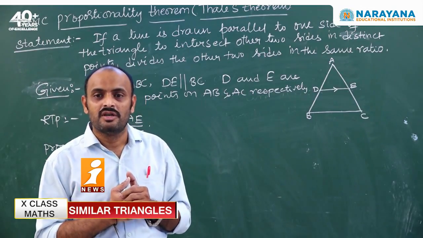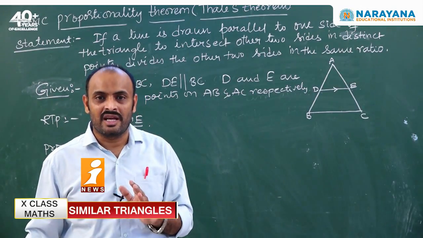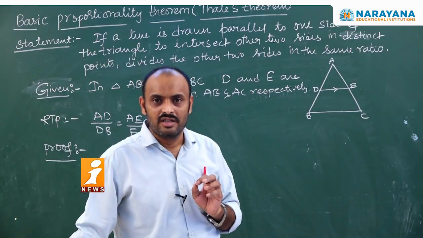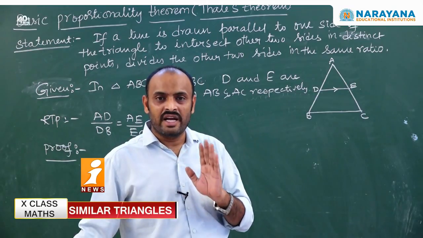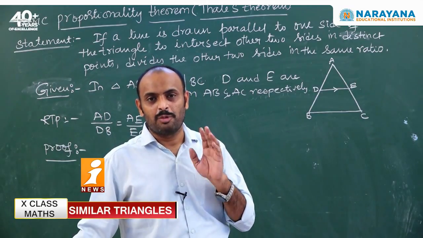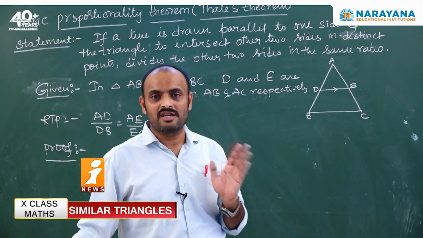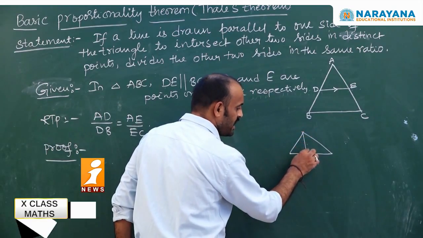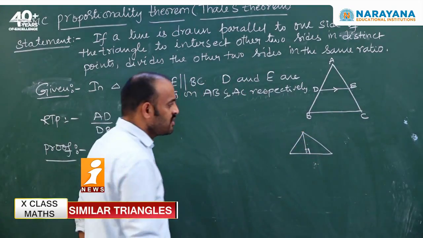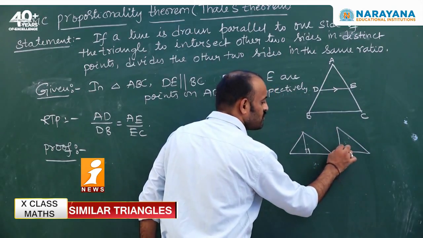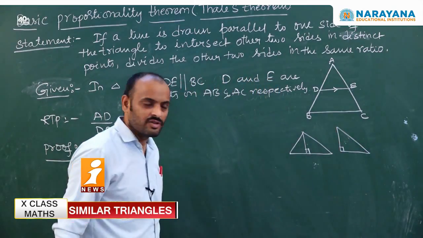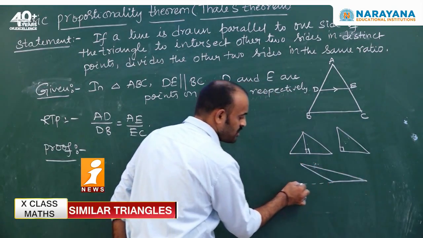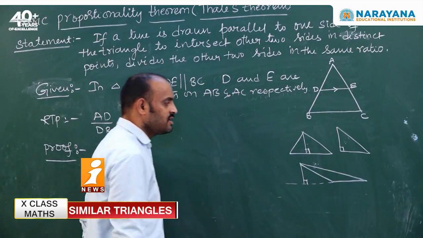At the same time, for an acute angle triangle, the altitude, that means height, lies inside the triangle. For a right angle triangle, height is one of the sides. For an obtuse angle triangle, height lies outside the triangle. Let's see that. If the given triangle is an acute angle triangle, height lies inside the triangle. For a right angle triangle, one of the sides is the altitude. For an obtuse angle triangle, height lies outside the triangle.